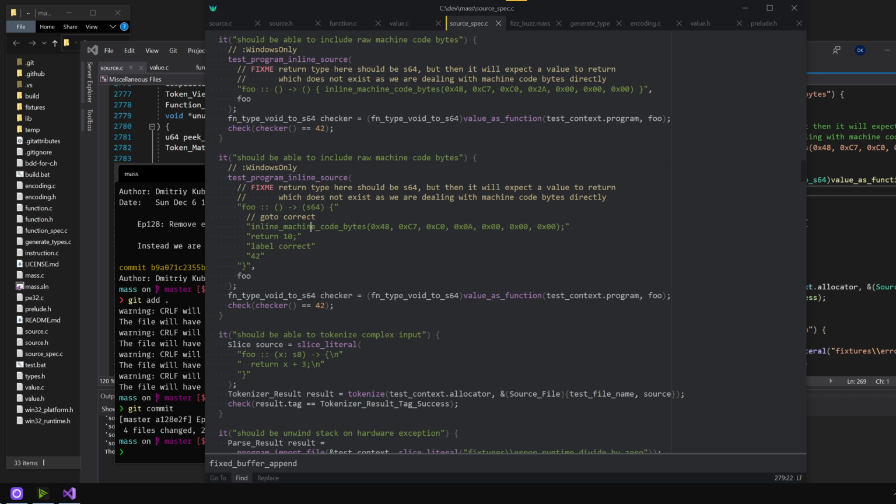So I know that I will need to have a label placeholder, sort of. But inside of here, I don't actually know that. Can I restructure this somehow so that I can do goto and at the same time